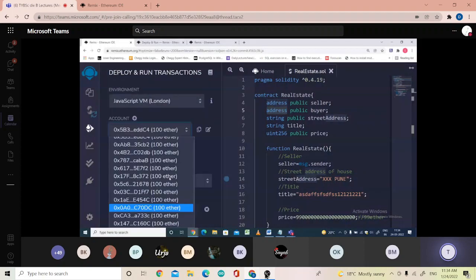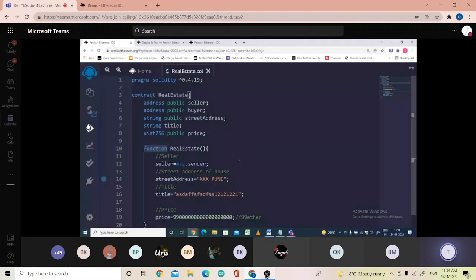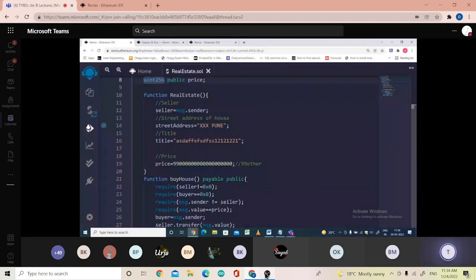Okay, so this will just initialize the data members. अब यहाँ पे initialize जो किया है, there is a default object message, okay, which has a sender attribute, we can say. So the one who has created this particular smart contract, उसका एड्रेस हम एक्सेस कर सकते हैं मैसेज डॉट सेंडर से। ओके,